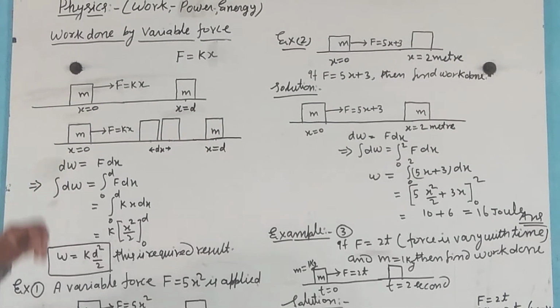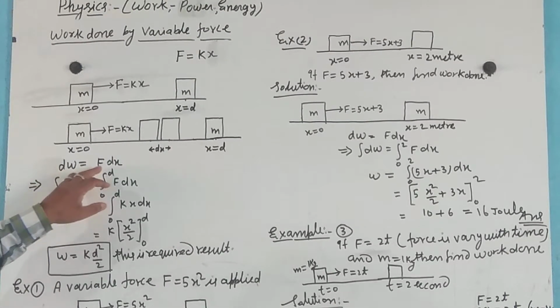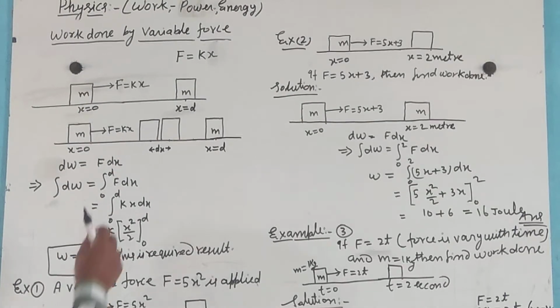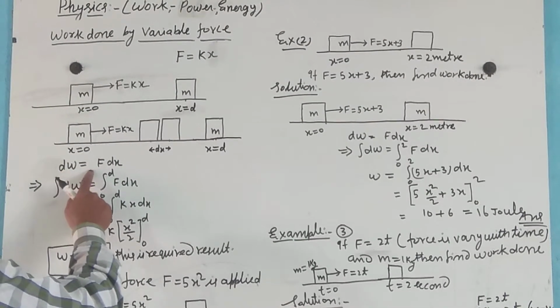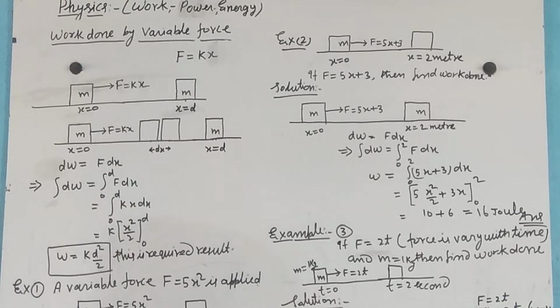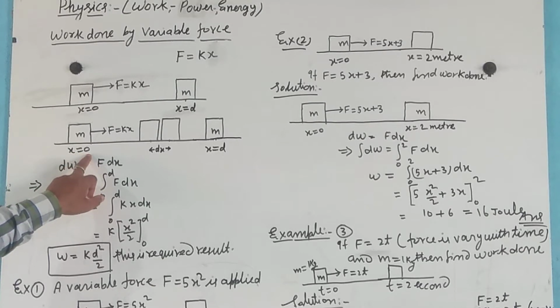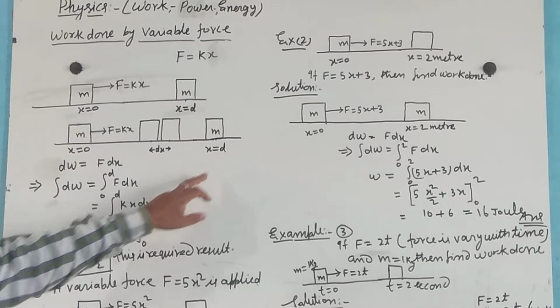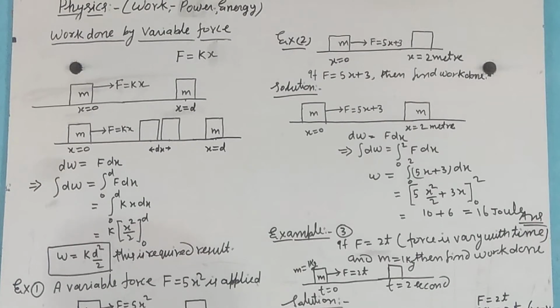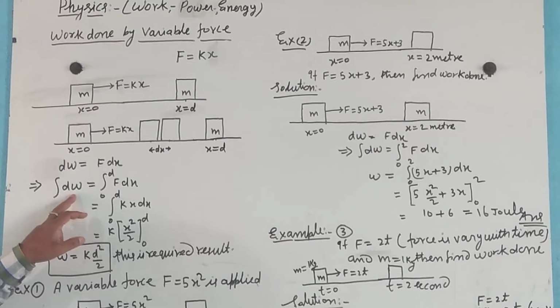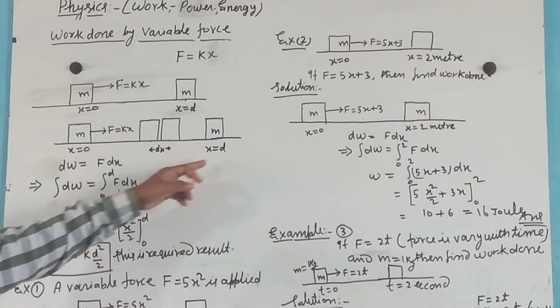In the case of variable force, we calculate, for a small displacement, the work done dW equal to F dx, with the help of integration. Now integrate this from the displacement 0 to d, so that we find the total work done: integration of dW is equal to the integral from x equal to 0 to x equal to d,